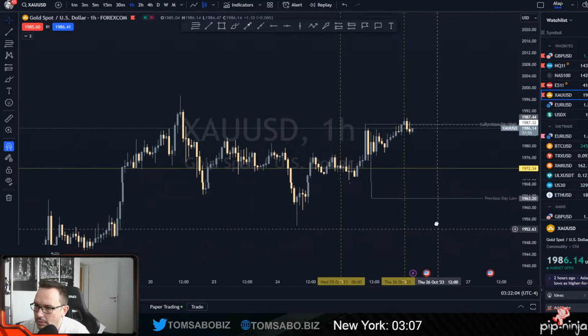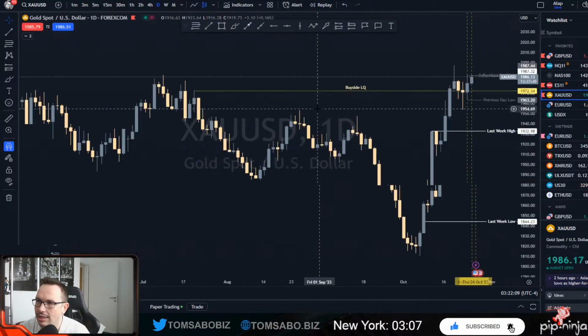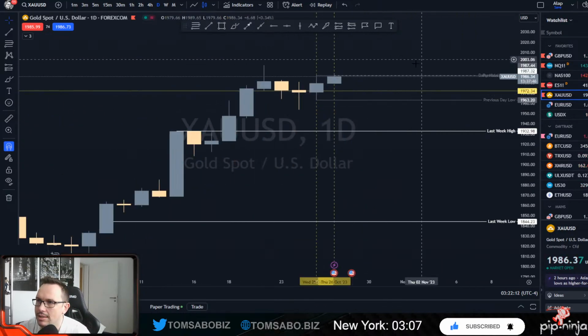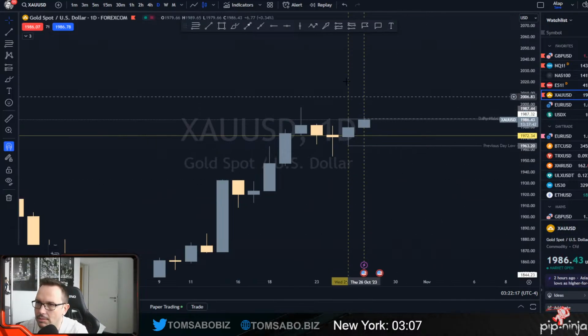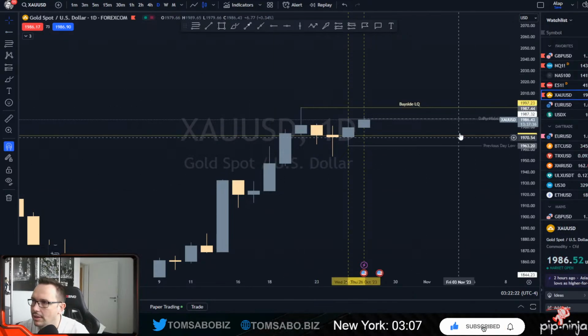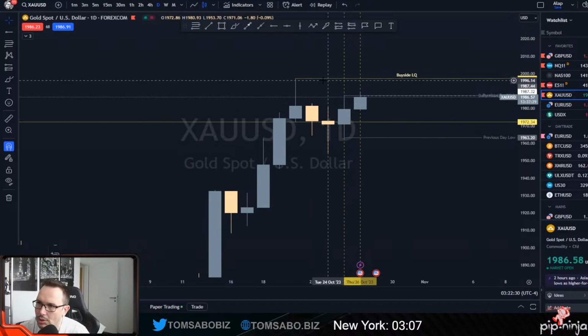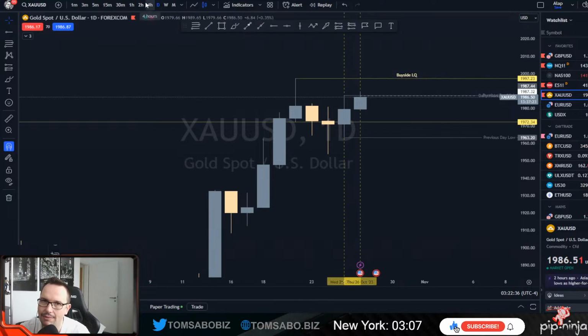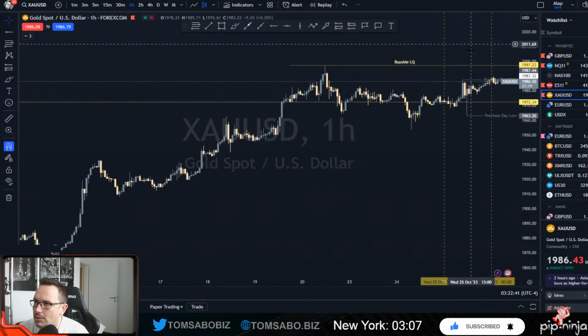So let's go over gold, and let's go from the daily. Let's draw the levels, all right? Because it's important. Let's delete this because it's not important. Okay, we have buy side right there. We have some buy side up there, which is very close on the daily. It's almost at 2000. So I'm pretty much bullish on gold in this matter on the daily. I would expect this one to push up, but let's dive into intraday on gold and let's watch it closer.